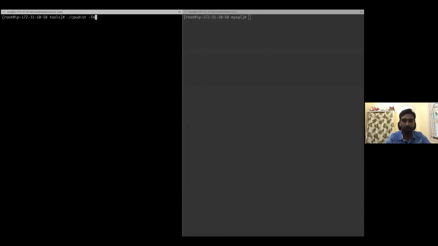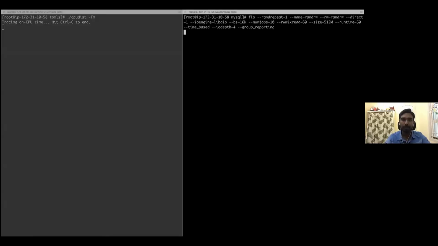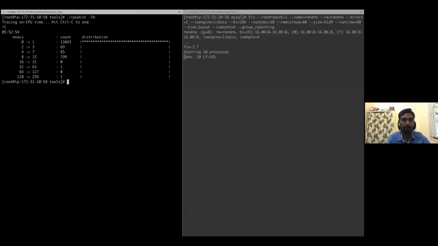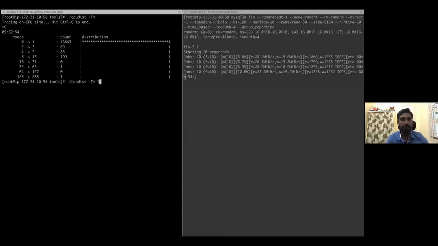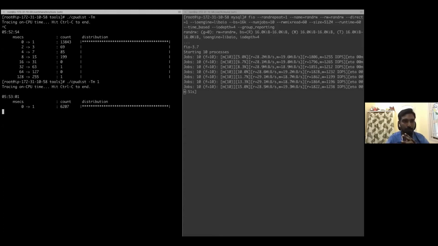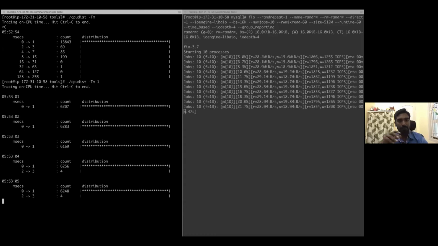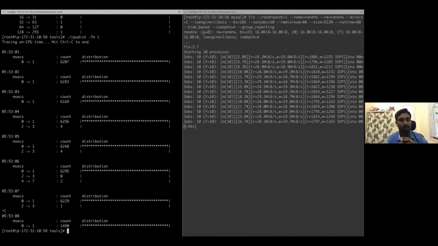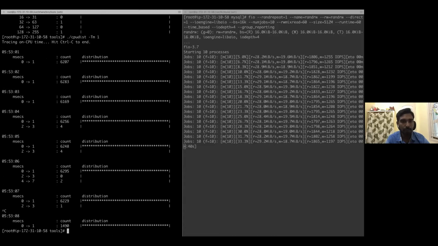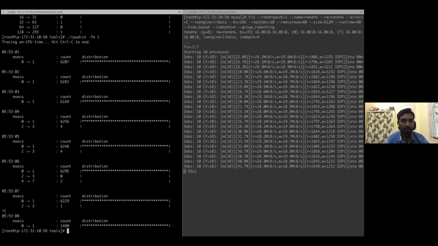I'm just changing it to milliseconds, sorry, I'll change it to nanoseconds. So you can see 0 to 1 milliseconds. That means the count of processes moving in less than 1 millisecond is 6256.